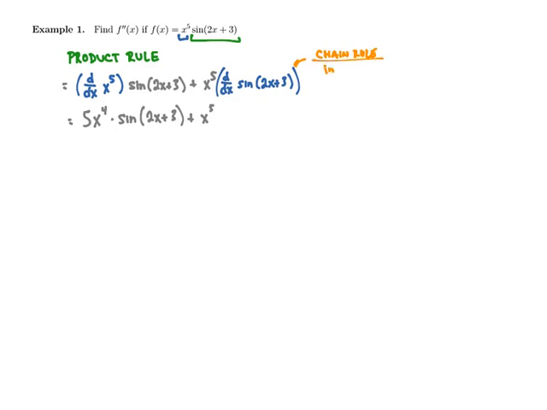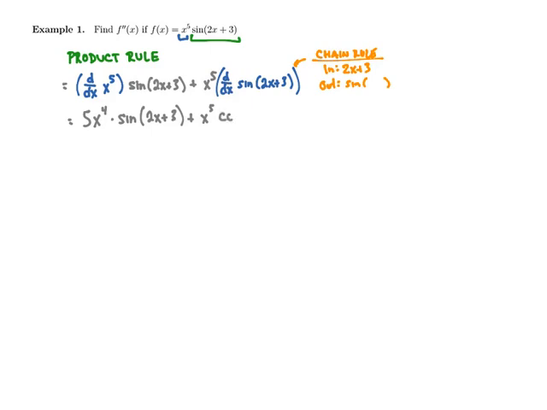We're going to have that our inside function is the 2x plus 3, and our outside function is the sine of whatever. So to take the derivative of the outside function, we're going to take the derivative of sine, which